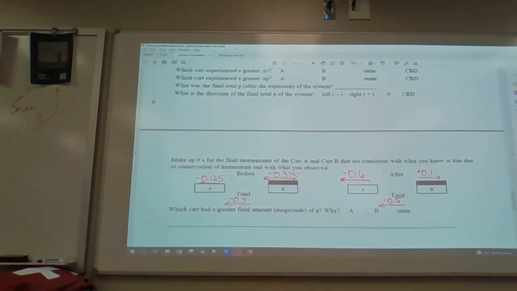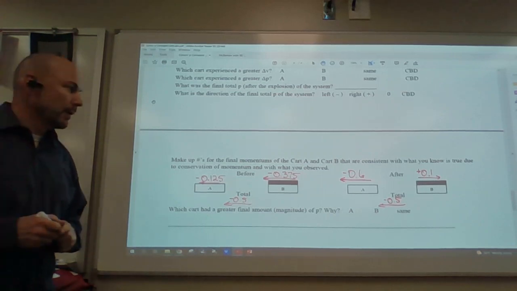If I give you $20, my change in my bank account and your change in your bank account are the same in magnitude. Mine's positive and yours is negative. But our final balance? We have no idea. You can't look at it just with the change. Unless we both started at zero, we won't have the same final amount of momentum. In part 5, we did start at zero.